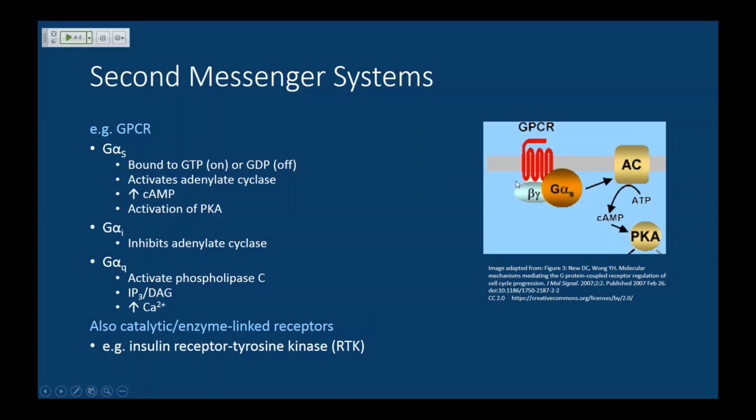We have this 7-pass transmembrane receptor called the G protein coupled receptor. And then coupled to it, we have the heterotrimeric G protein. So upon binding to the GPCR, the G-alpha subunit will be allowed to dissociate from the beta-gamma. Okay, it will be able to diffuse along the membrane, and if it's stimulatory, it will activate an enzyme known as adenylate cyclase. And the G protein itself is active when it's bound to GTP, and it is inactive or turned off when it's bound to GDP. Okay, so if it is active and it's bound to GTP, it activates adenylate cyclase.